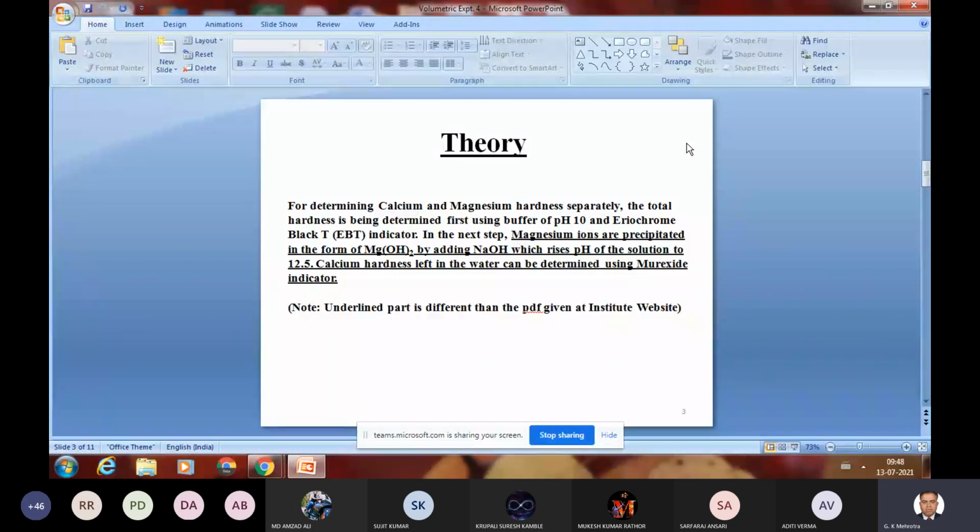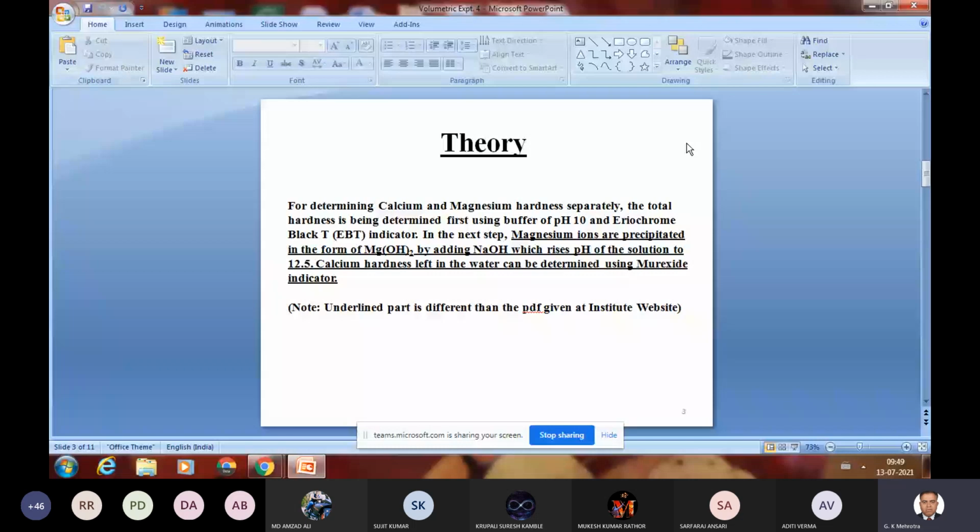That again puts a question before us: at pH 12.5, which chemical species of magnesium and indicator is present in the water? So it's not simple. If we want to measure calcium and magnesium together, just one titration is enough, giving the total hardness. If you want to determine the hardness separately, in terms of calcium and magnesium, then murexide helps. That is the chemistry.